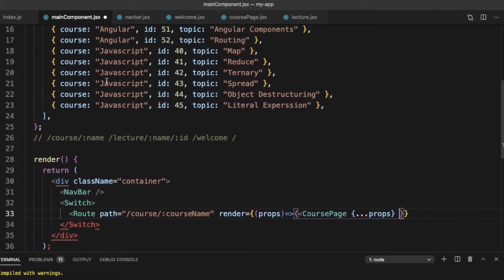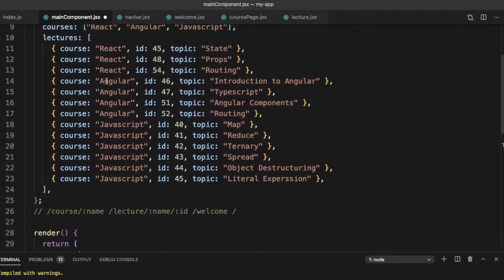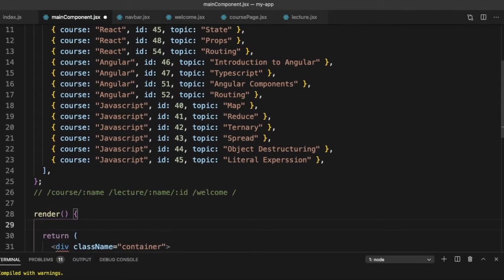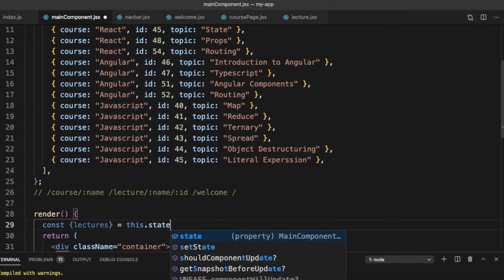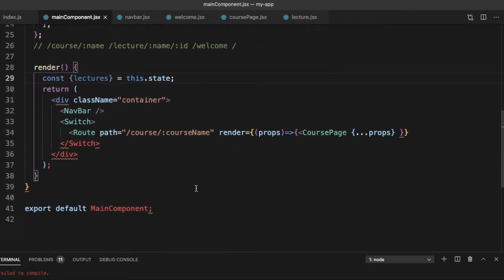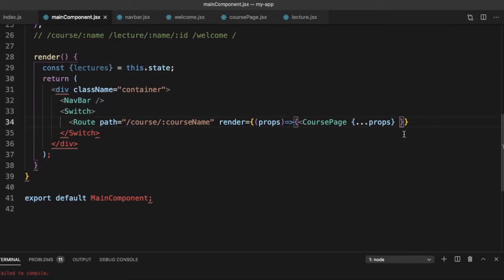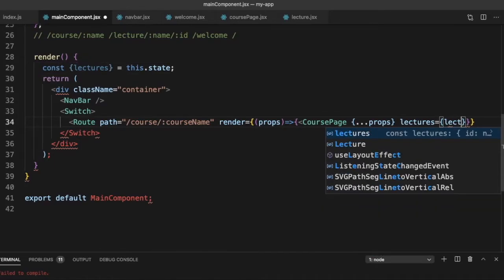And what is the other props we want to pass? We want to pass the lectures. So let's destructure it. Const lectures is equal to this dot state. Lectures is equal to lectures.